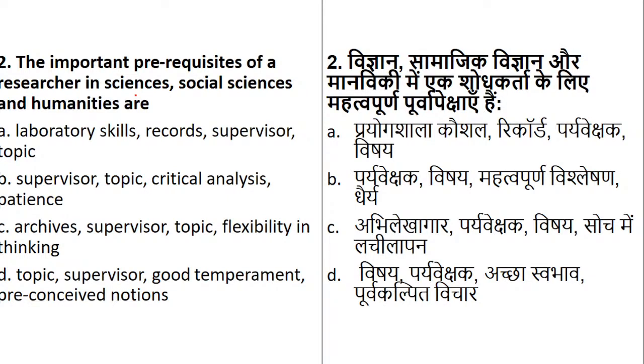When you're reading the question, everyone, read it from a research point of view. It's very clearly given the prerequisites of a researcher. It means, you don't worry whether it is science, social science, or humanities, but think that whatever research has been done by the researcher, it's from the research point of view. So from the research point of view, which of the options stands to be correct? Some silly mistakes you people are doing, so be careful.